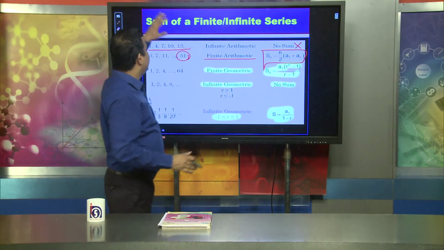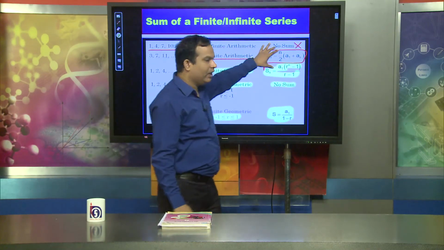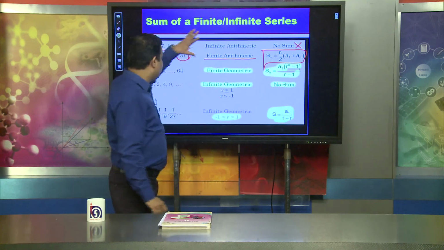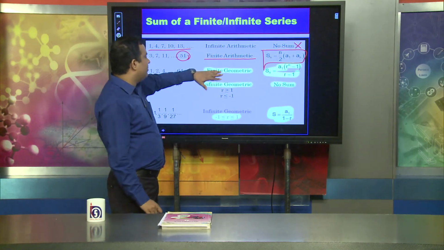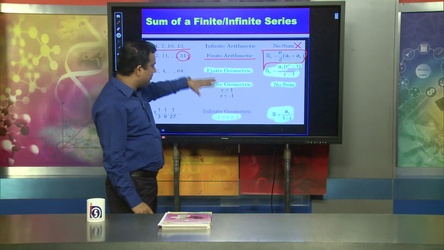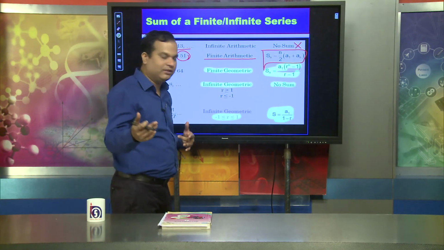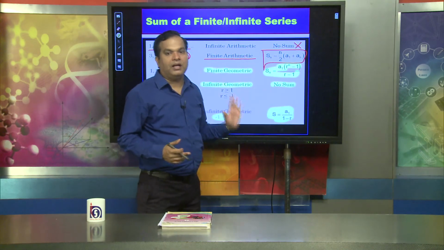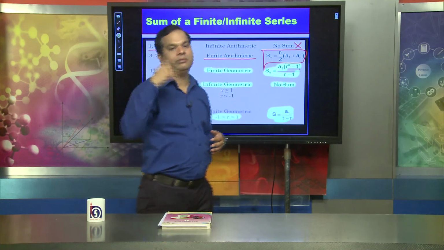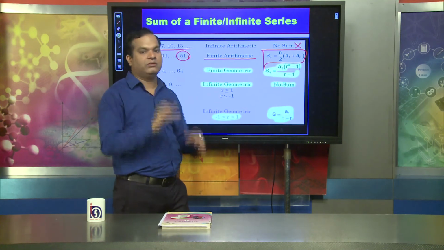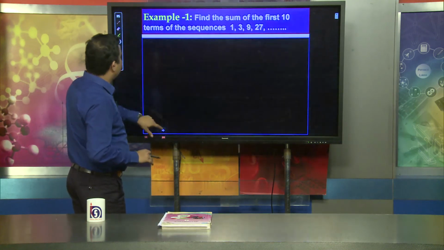Arithmetic progression, if it is infinite, we cannot find out the sum. If it is finite, that is the formula we have already discussed. And if it is a geometric progression, again it is whether finite or infinite. In case of finite, there is a separate formula. In case of infinite, it is again divided by the value of r, whether the modulus is less than 1 or not, and there is a different formula. By using those formulas, we can find the sum of the nth term of an arithmetic progression as well as a geometric progression.